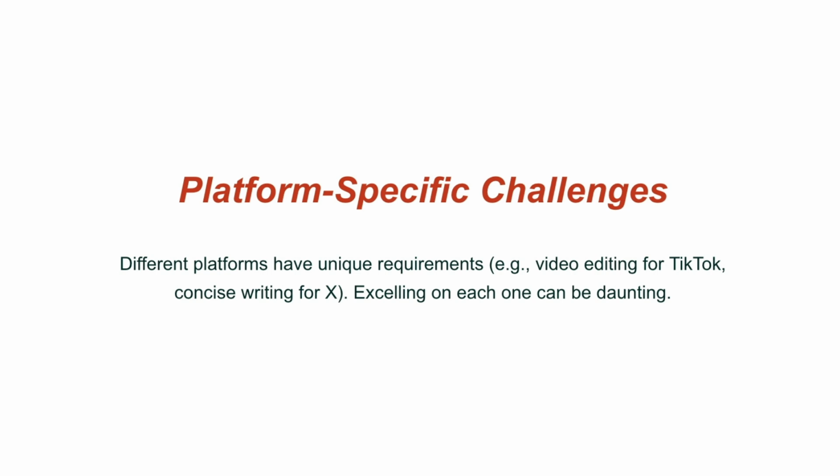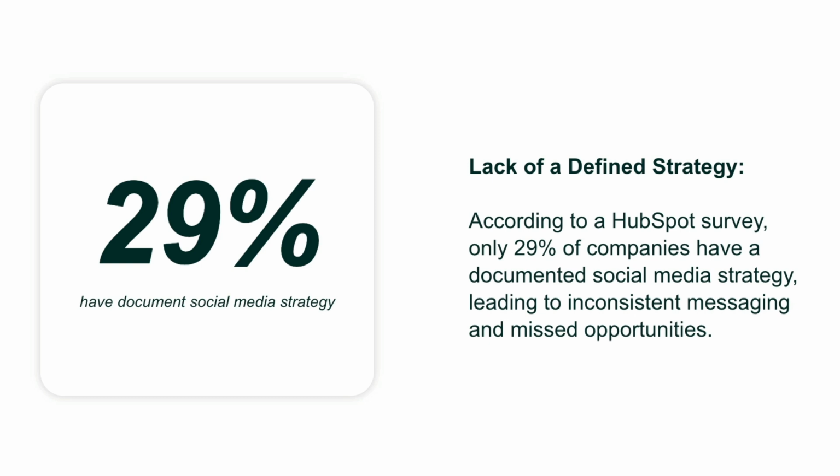So it's important to understand what formula, what makes these different social networks want to bump your content to the top of people's feeds. Now, 29% have documented a social media strategy, but it's not clearly defined. According to HubStaff, only 29% of companies have a documented strategy. So you may talk about it between you and your team, but you don't actually have it drilled down